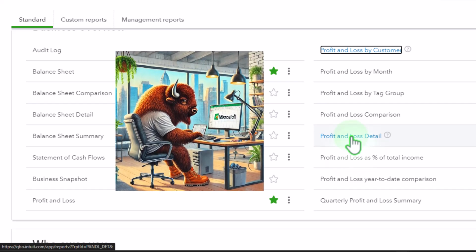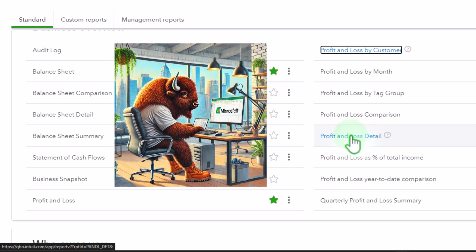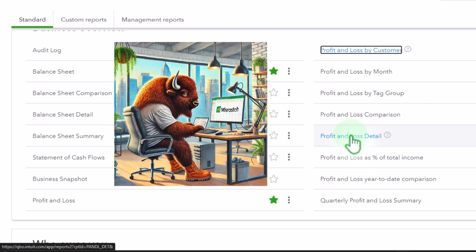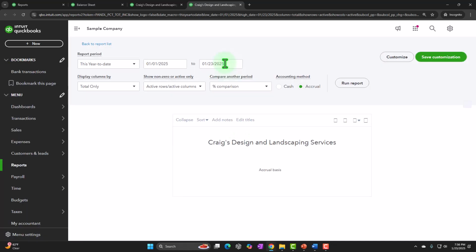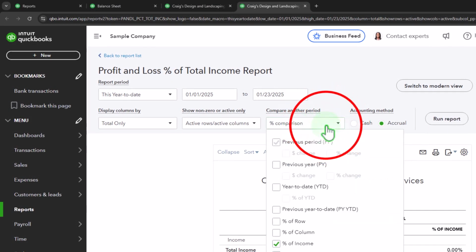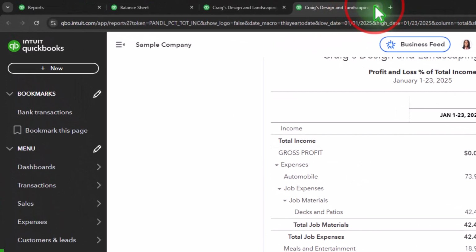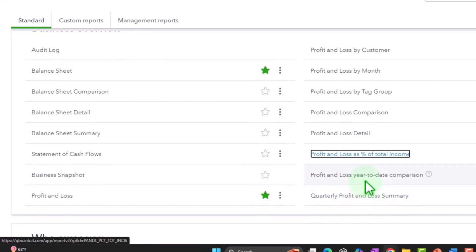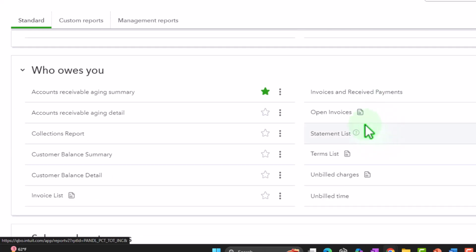Profit and loss detail. So this is going to give us something similar to the balance sheet detail, but I don't think you use that as much because most people just go to the profit and loss and drill down to the transaction detail. Profit and loss percent of income. This would be like a vertical analysis type of report, very common type of calculation, but also something that we can create from a standard profit and loss, and we'll talk about how to do that later. You get these percents on the right-hand side, and so then we've got the profit and loss year-to-date comparison, comparing to the prior period of the same time frame, which again you can construct yourself. Quarterly report, profit and loss summary. Again, you can basically create that from